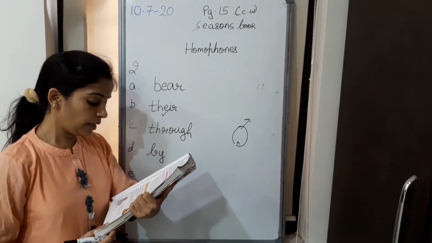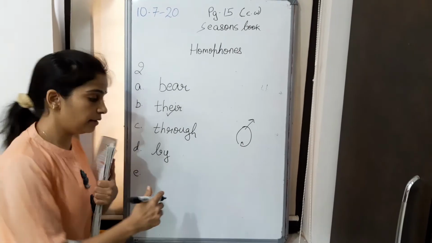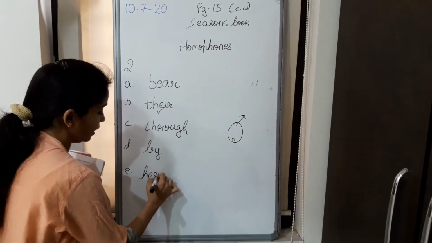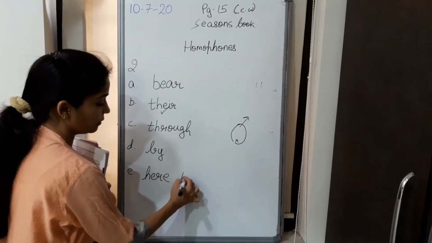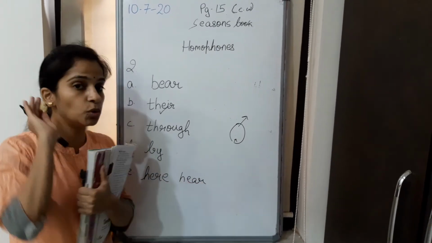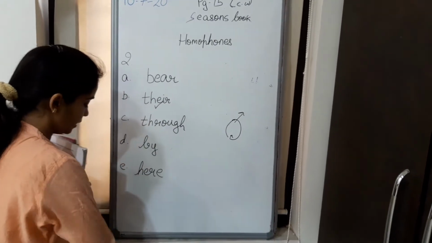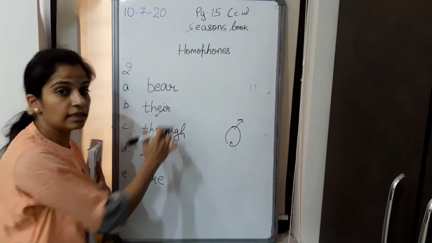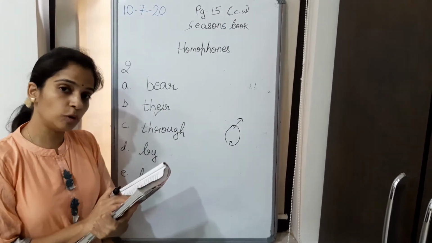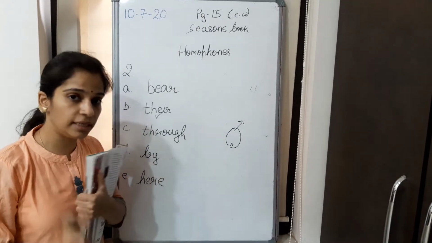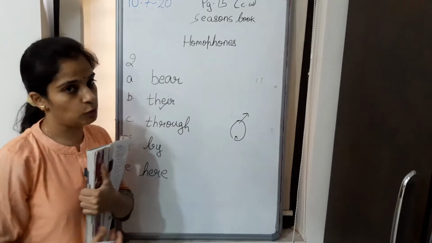And the last. Mother, the milkman is here. Now somebody is saying, Mummy, the milkman is here. So it is H-E-R-E. Direction, here. The second option they are giving is H-E-A-R. This is to listen. Yes. But the correct answer is H-E-R-E, here. Don't think that these are incorrect spellings. No. Both options have the correct spelling, but the meanings are different. So you have to understand the sentence and then fill the correct spelling.